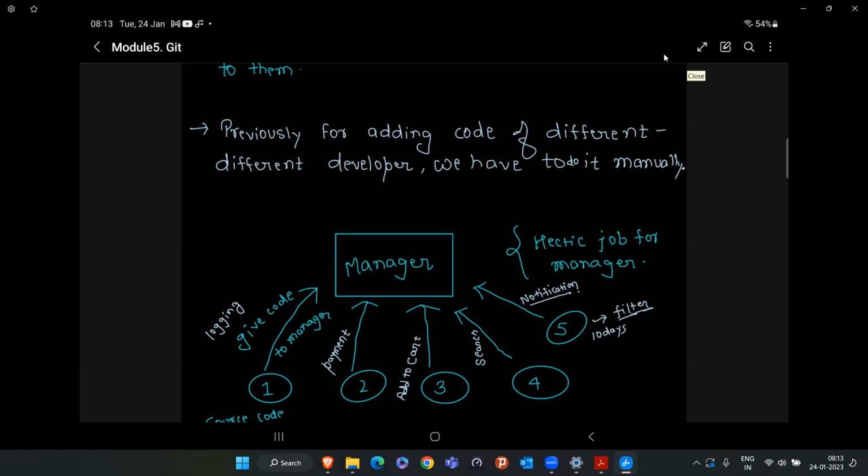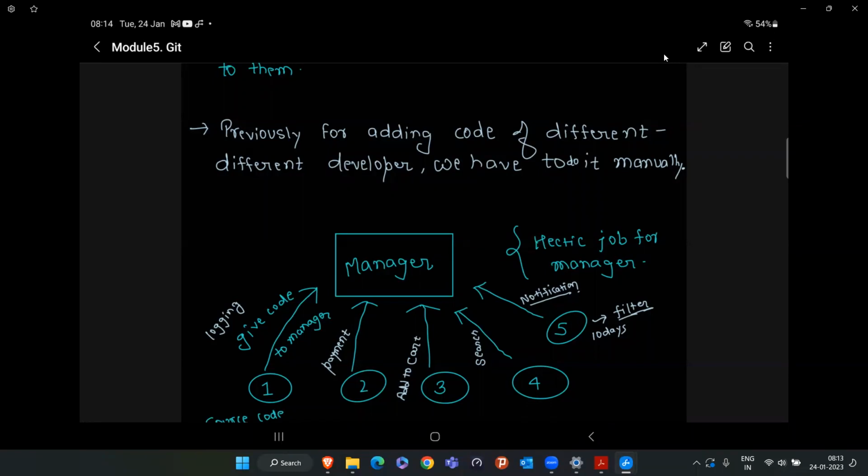After the code is complete, move the code from the local server to Git. Local server to Git. Okay. Central repository. This is the central repository. Yeah. GitHub is the central repository in our case. We'll be pushing all our code to the